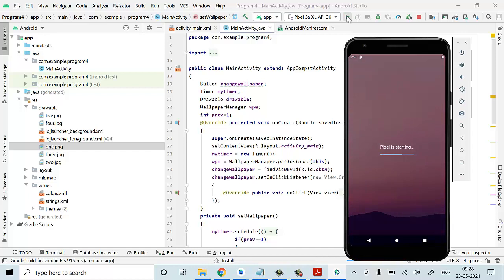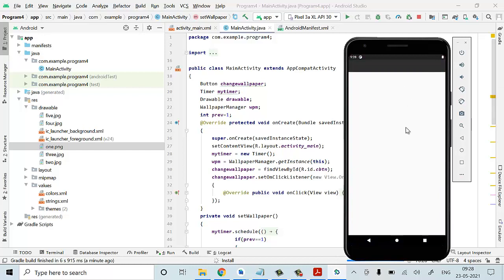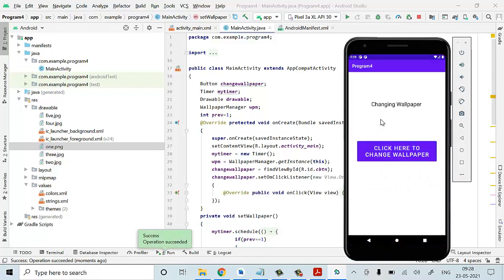Your phone is starting now. Once it's started, our wallpaper UI will be displayed here. Yes, now your UI design is applied.